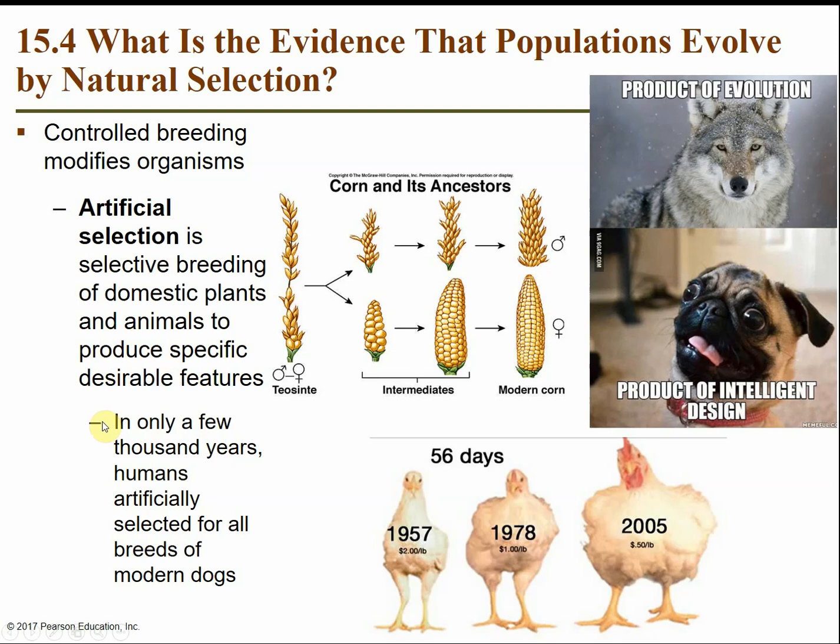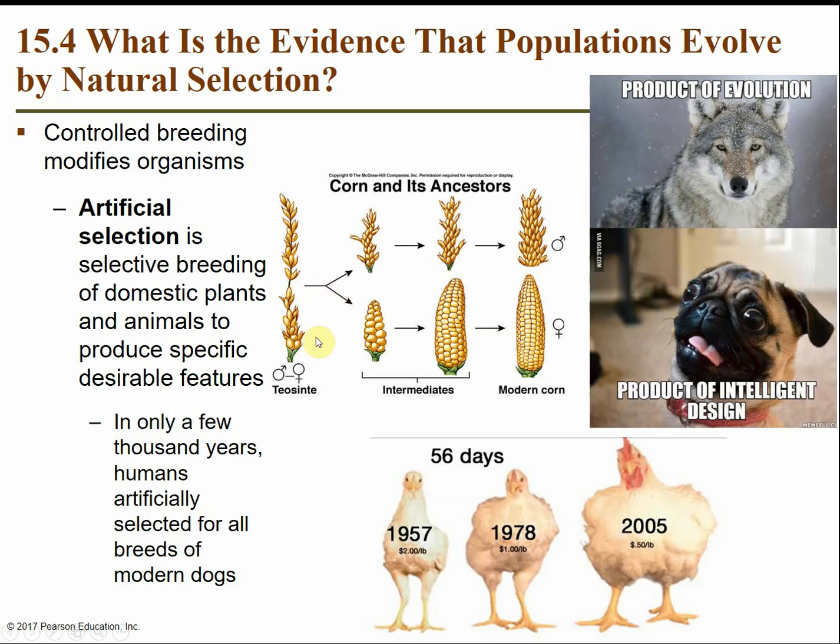So in only a few thousand years in human history, we have drastically modified lots of organisms, especially dogs. So evolution, natural selection has created wolves, which are very well adapted hunters and suitable for their environment. They have thick coats and survive the winter. They're very smart, have that pack behavior. So humans, with our intelligent design, have created pugs and other modern dog breeds that are virtually so inbred that they are now disfigured and have trouble breathing and even existing.